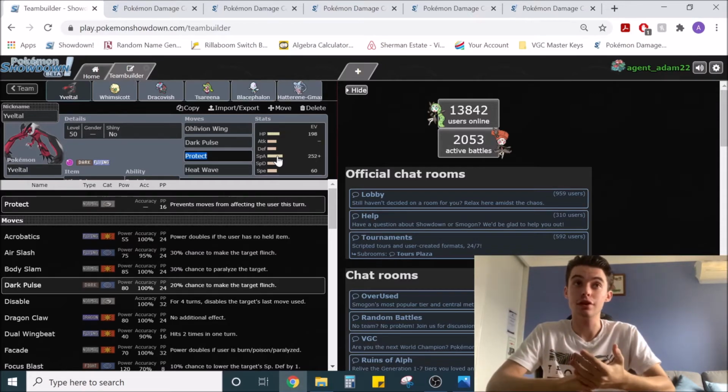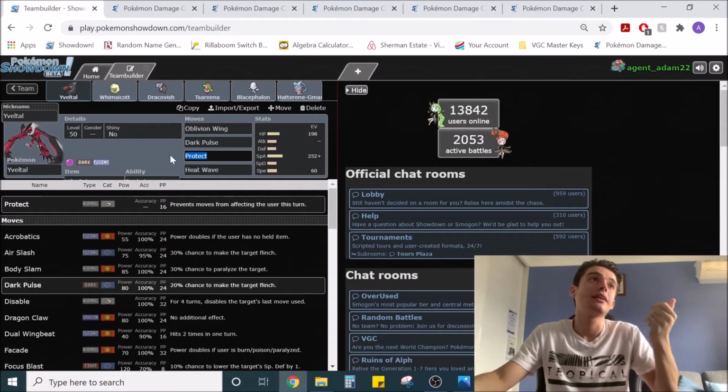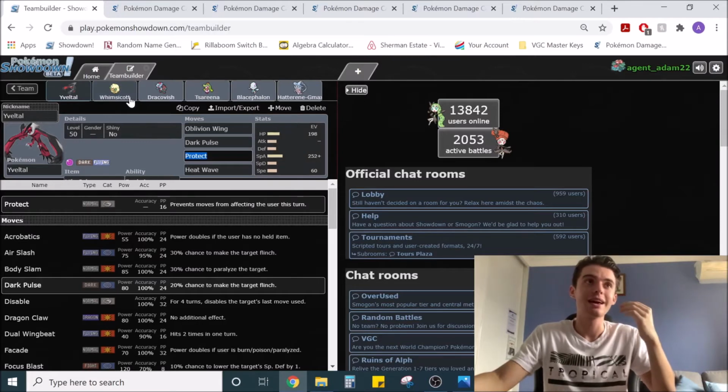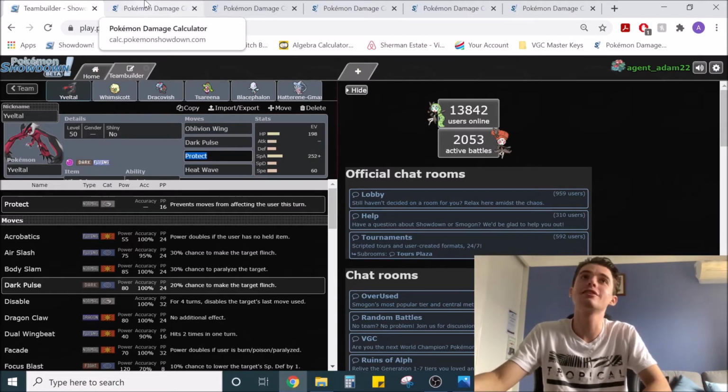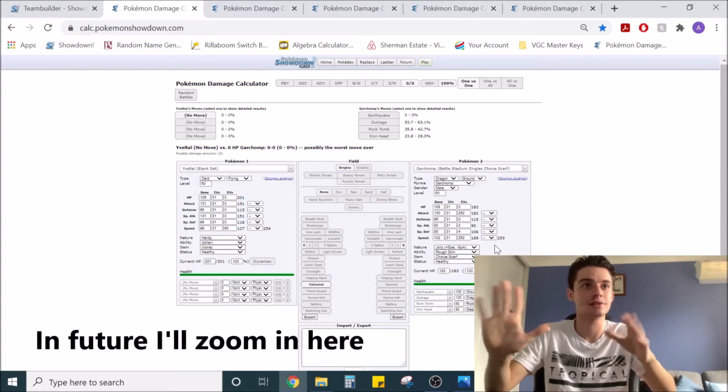I said that the chances he does that are so astronomically low that I'm just not gonna prepare for it. If you get Choice Scarf Zamazenta without the shield in there, because it's quicker without the shield, you've done well. So over here you'll see that Garchomp Jolly 252 Choice Scarf